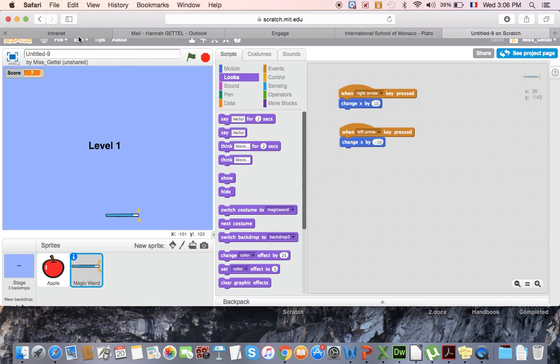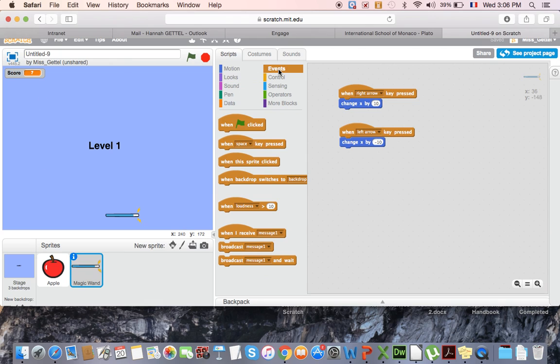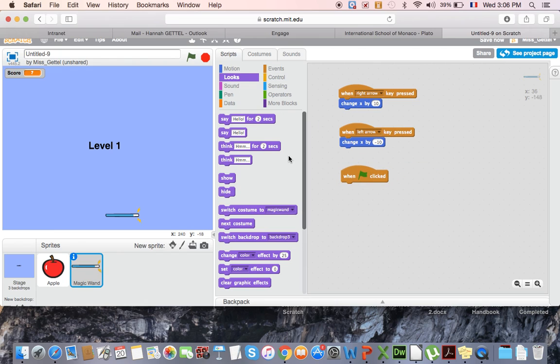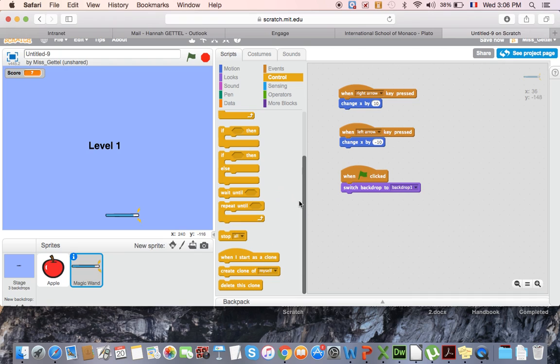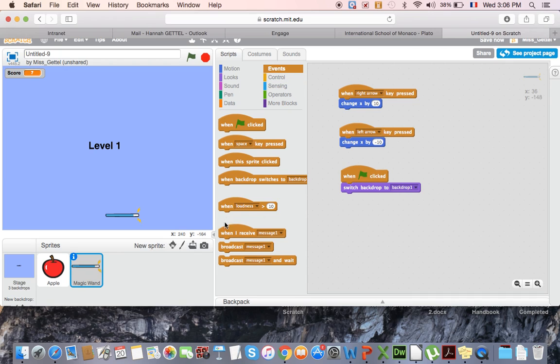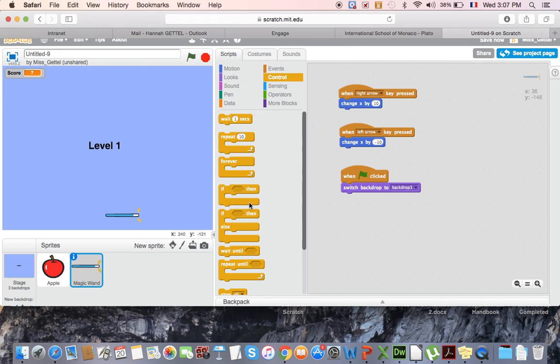So what I'm going to do is say that at the beginning of the game, when the green flag is clicked, the background is going to be background 1. So switch to backdrop 1. What I'm then going to say is wait until the score is greater than 10. And when the score is greater than 10, I'm going to broadcast a message. The broadcast message that I'm going to send is going to say level 1 complete. And then I'm going to write an instruction in the background to say when I receive level 1 complete, switch to backdrop 2. So I need here a wait until,